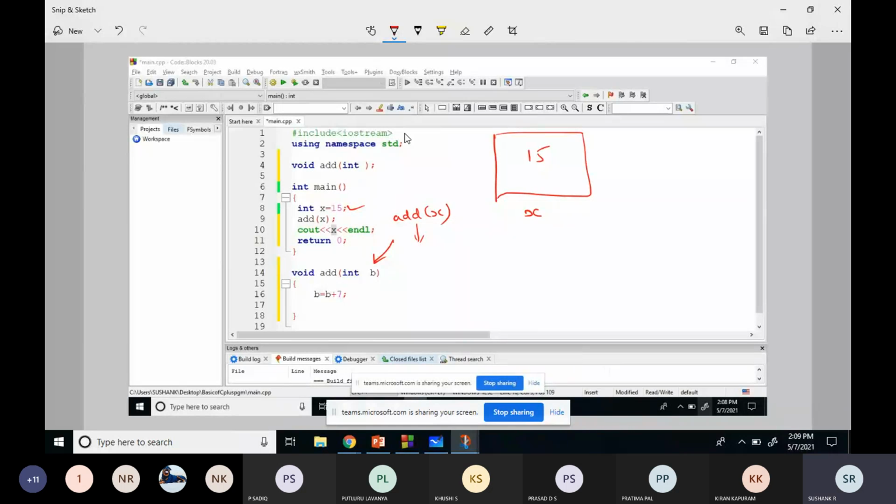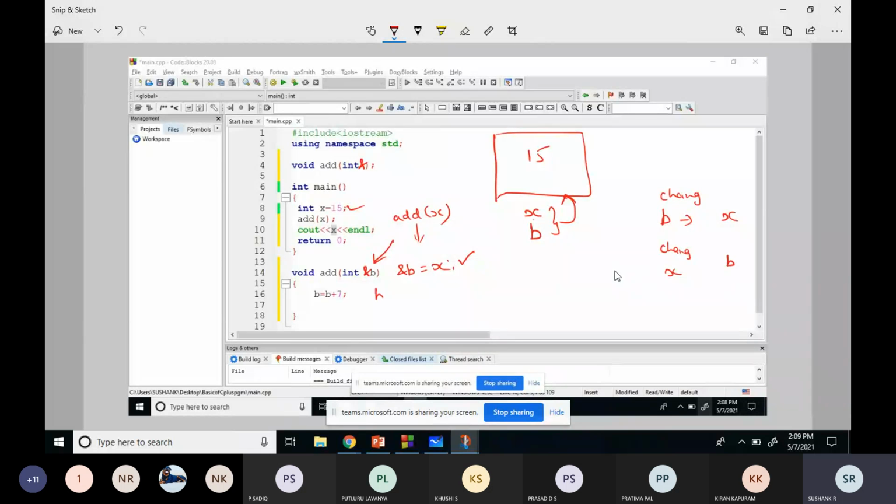Sorry, one second. Here it will be ampersand, so ampersand b is equal to x. Once this line gets executed, I'll create a reference variable for the already existing variable x. Already variable x is there, I'll create a reference. Now x and b are pointing to this location. So if I change b, even x will change. If I change x, even b will change. So that is the one thing.